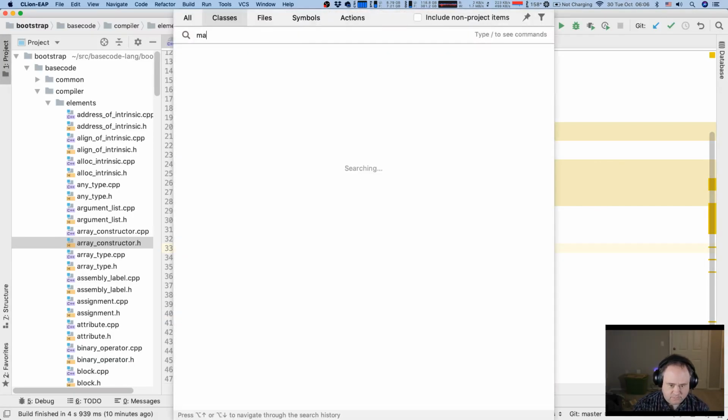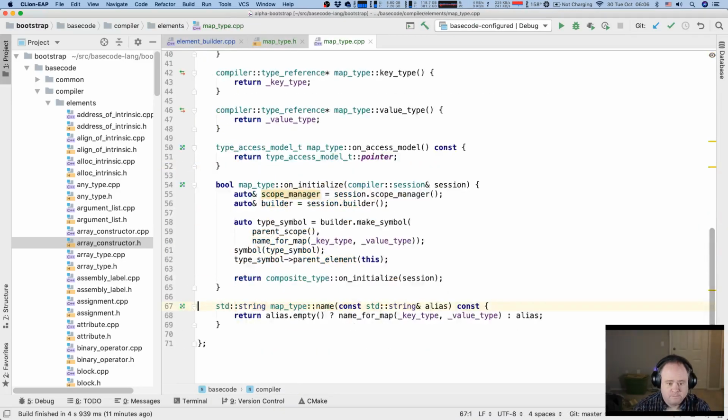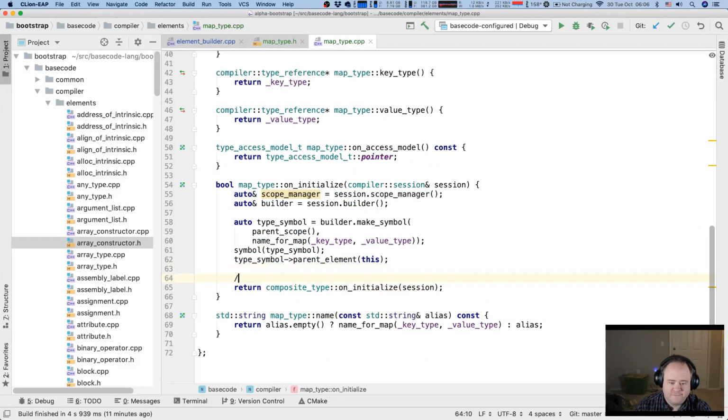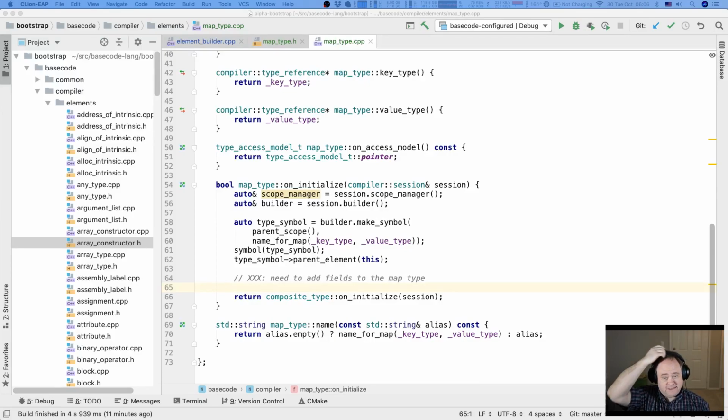I haven't added the fields to the map yet. Oh, is it? Sorry. I should turn autofocus off.